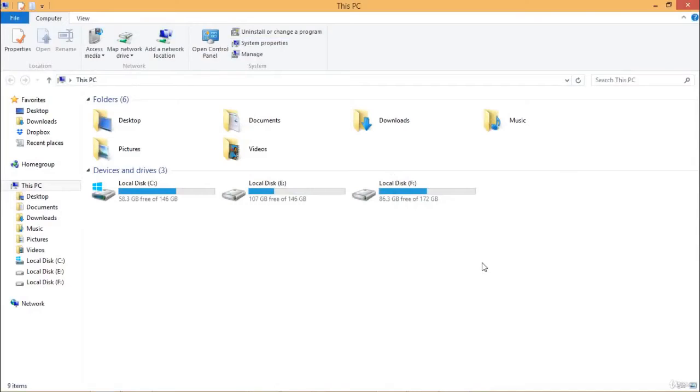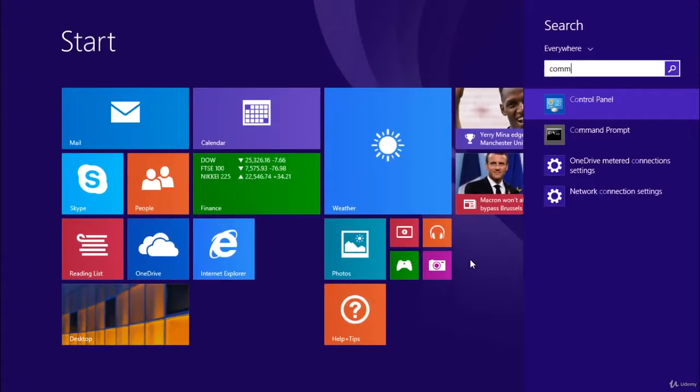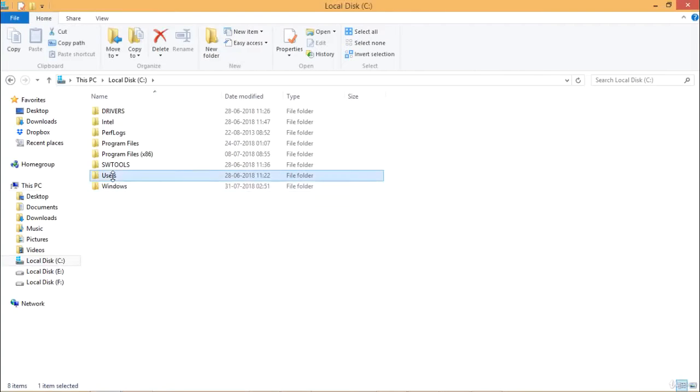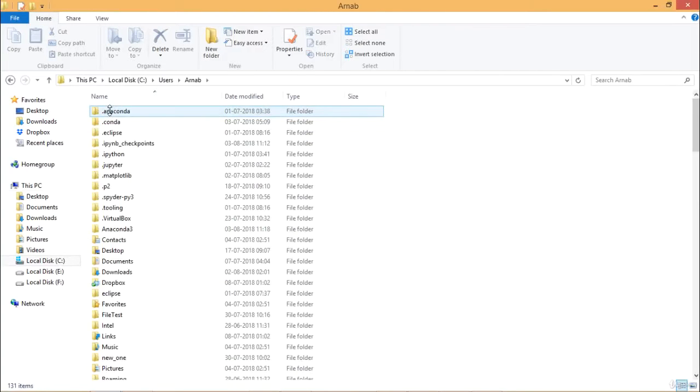Python coding can be done in three different ways. The first one is the immediate mode, the next one is the script mode, and the last one is using an integrated development environment, that is, an IDE. At first we are going to discuss how we can do the coding in Python in immediate mode. So here we are opening our command prompt and going to the respective folder, that is C colon users, the username, and Anaconda 3.